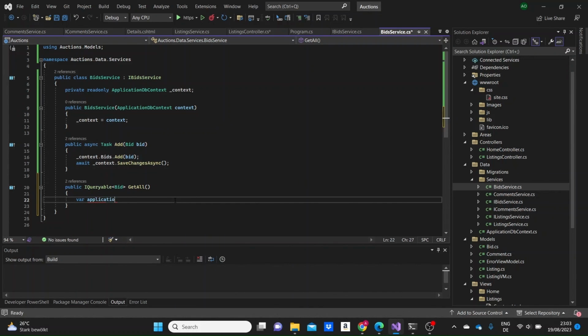And inside this variable, I'm gonna get the data from the context. So we'll use this LINQ query to get the data from the context. So from A in _context.Bits, we will include in the context